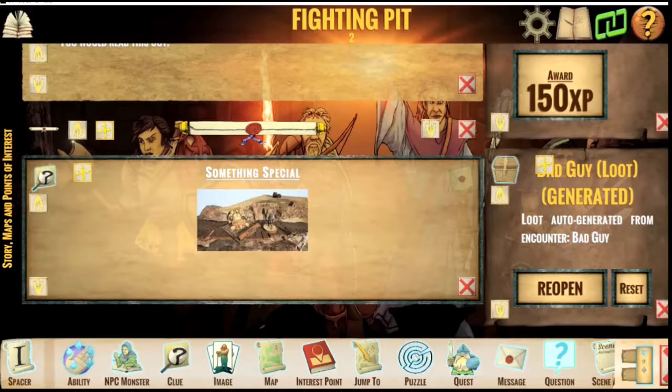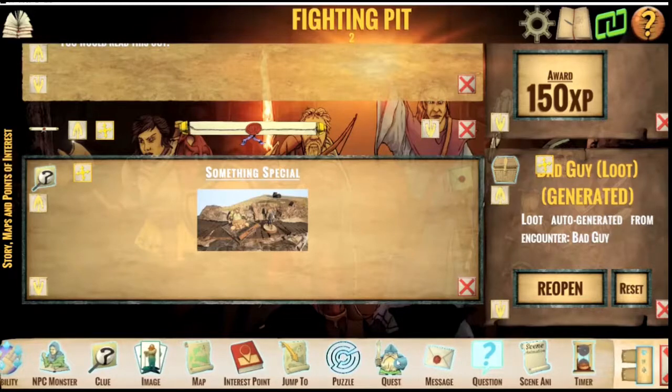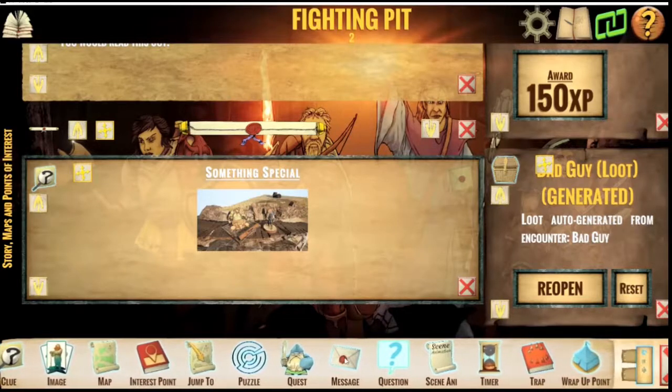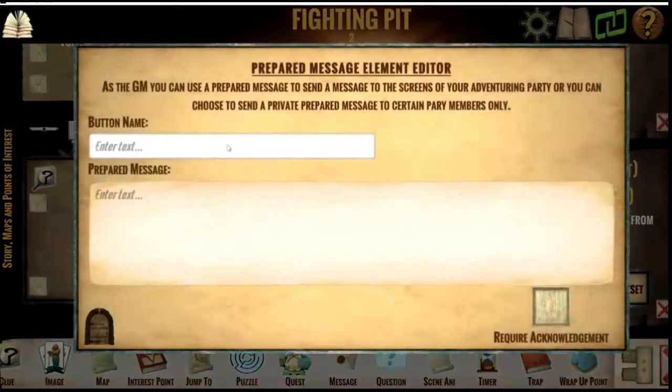Puzzles are pretty cool. You can create puzzles and store them in there so that you can create things for your players to find. Quests, self-explanatory. Messages are quite good, and questions are good as well, because like what you were saying about handouts, sometimes you don't really want any of the other players to know you're saying something to a particular player. Absolutely. So I could bung one in here and say